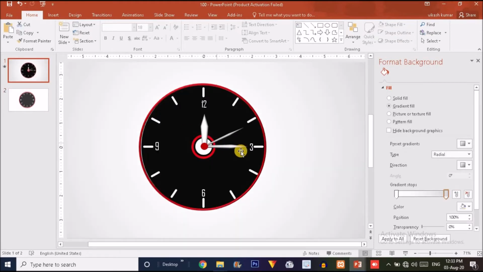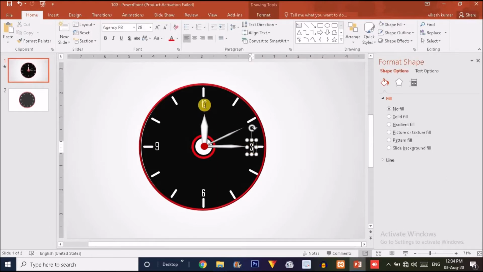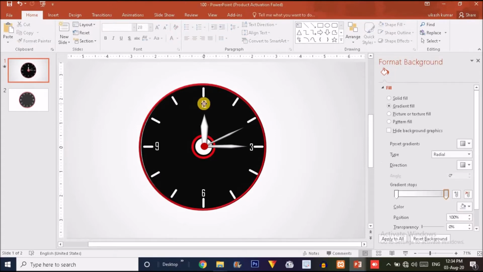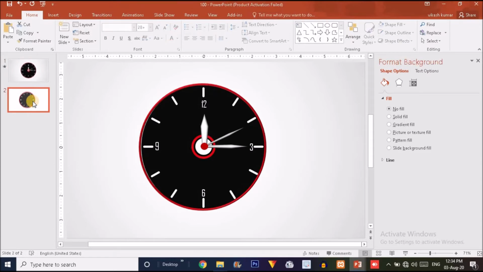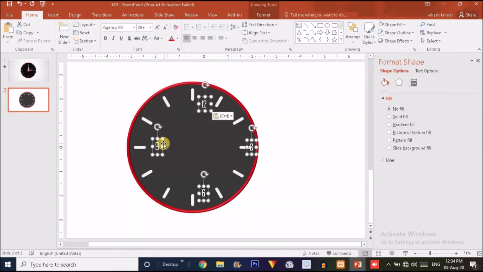Now we will add this text. This means 3 then 12. We have to select this text over here. So I'm going to copy this text from here and paste it on the second slide over here. Press Ctrl V and place this text in its proper position.